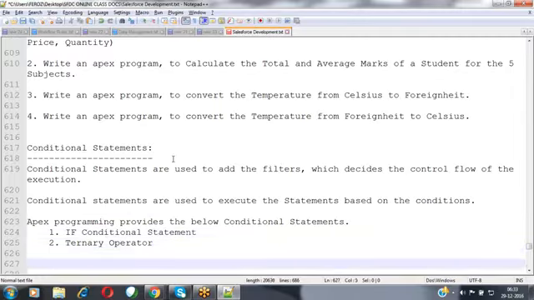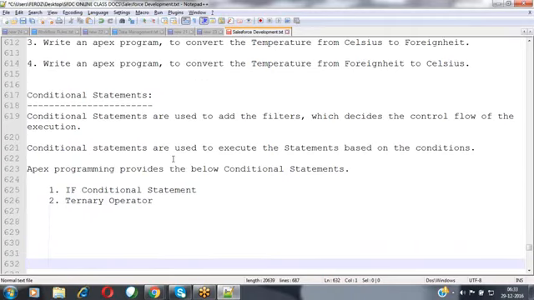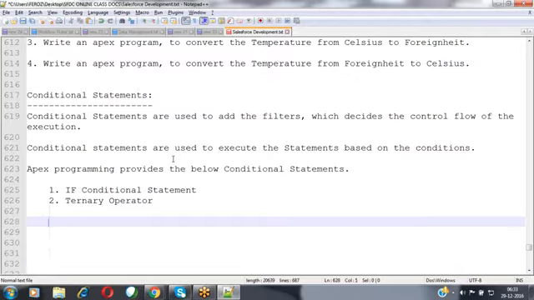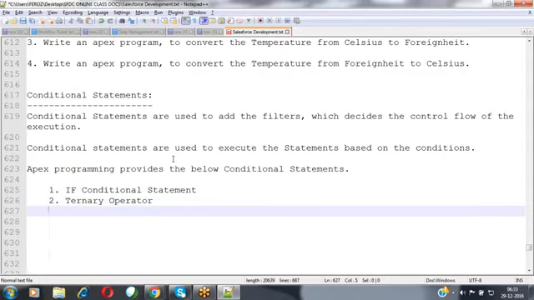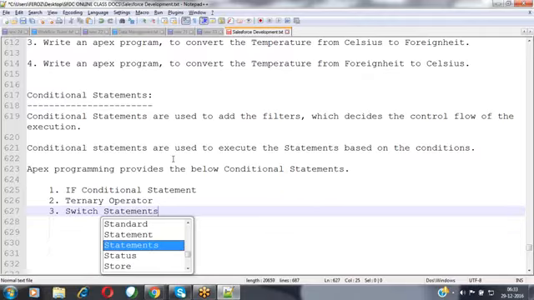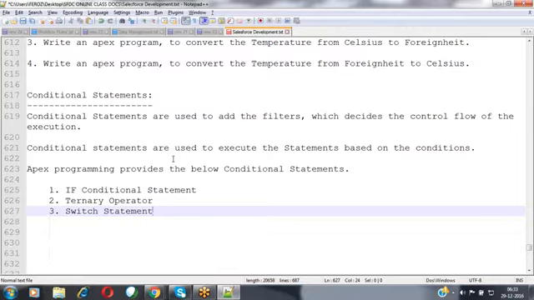These are the two conditional statements given by Salesforce as part of Apex programming. Generally, in the C or C++ programming language or Java, you have the same if condition statement, ternary operator, and then you also have the switch statement.